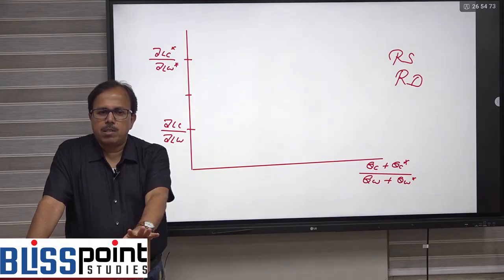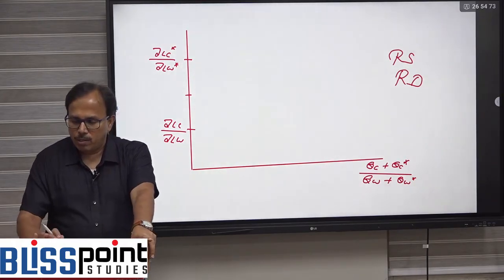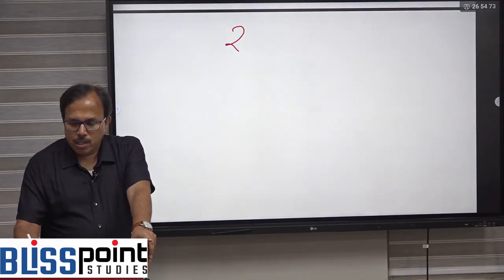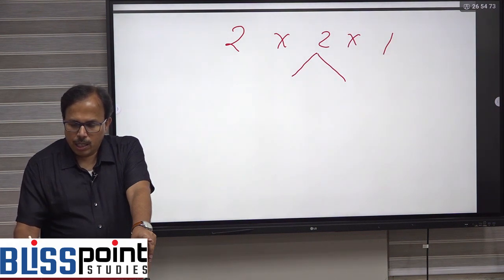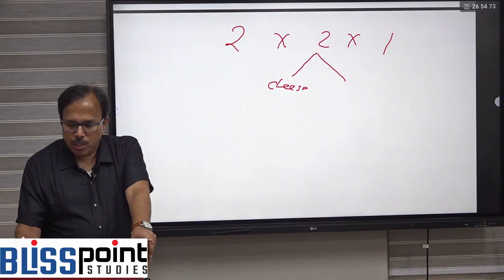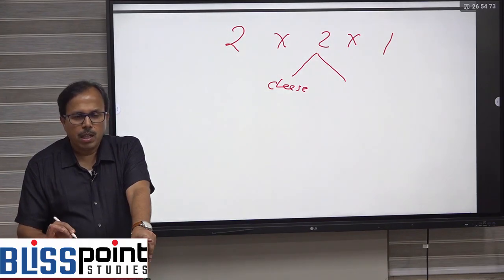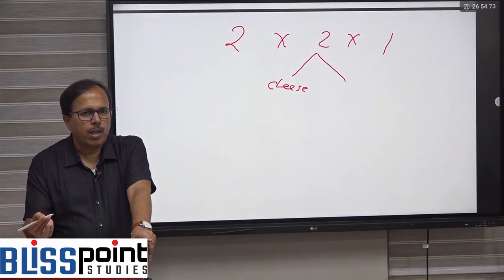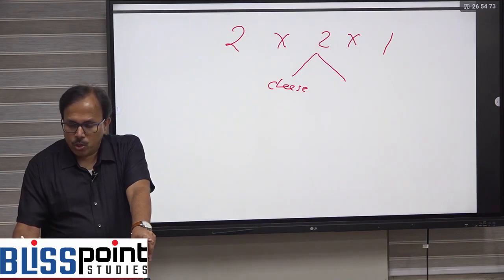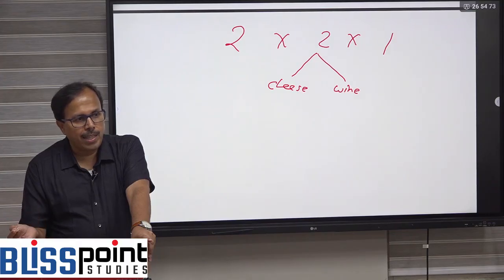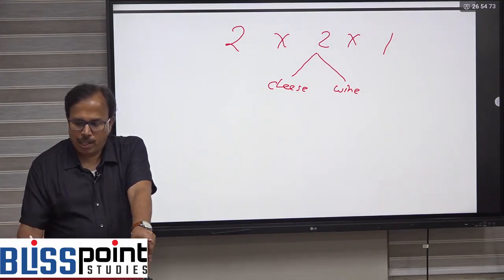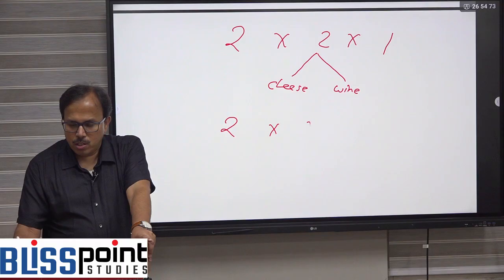Ricardian model में अभी तक के start में when we talk about only two product, it is very easy. Two product के we will fill that space, ये भी कल करेंगे. Two product के condition में क्या होता है? When we discuss it is a 2 by 2 by 1 model. I am taking two different product, and if opportunity cost of cheese is lower in home country, naturally the opportunity cost of wine will be lower in the foreign country. And opportunity cost of cheese is explained in terms of sacrifice of wine, opportunity cost of wine expressed in terms of sacrifice of cheese, but it can be generalized